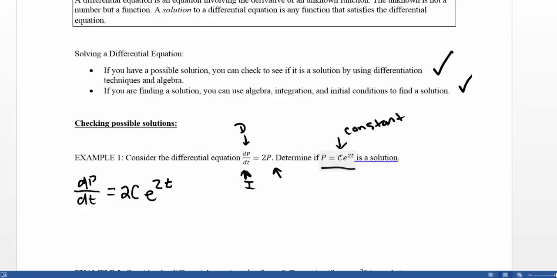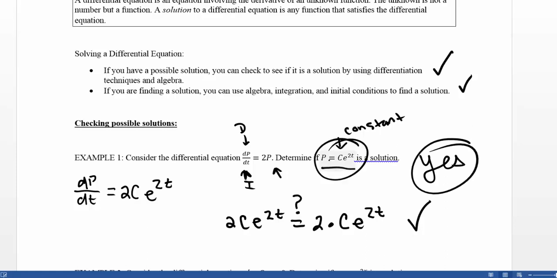Now I need to go back to my differential equation and see if the equality holds. On the left side, I have my derivative, which I just found: 2c e to the 2t. And I want to know, does that equal 2 times p? 2 times p is 2 times, and then I fill in what p is, which is c e to the 2t. So the question is, are these equal? And the answer is yes. They say the same exact thing, 2c e to the 2t. So yes,